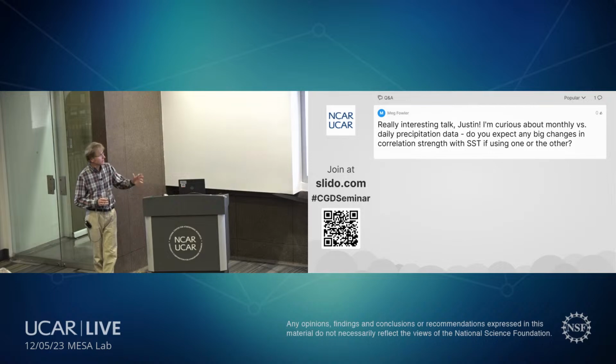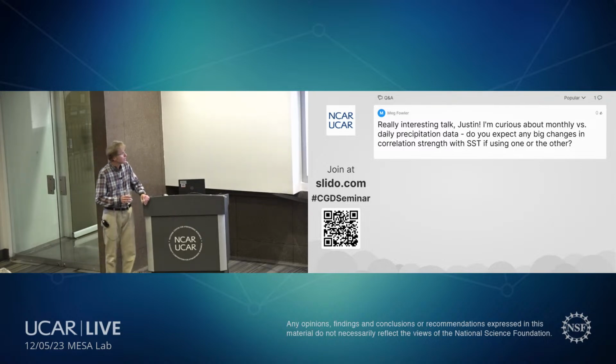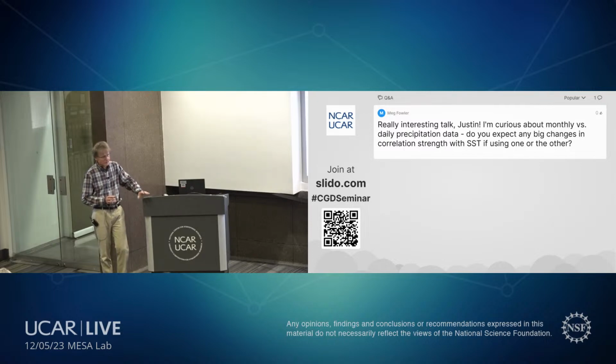So one of the reasons I was using monthly data for a lot of the plots is I knew the ocean was playing a bigger role on monthly timescales. So I think the extratropics might be harder if you go back to daily timescales to keep with this synoptic